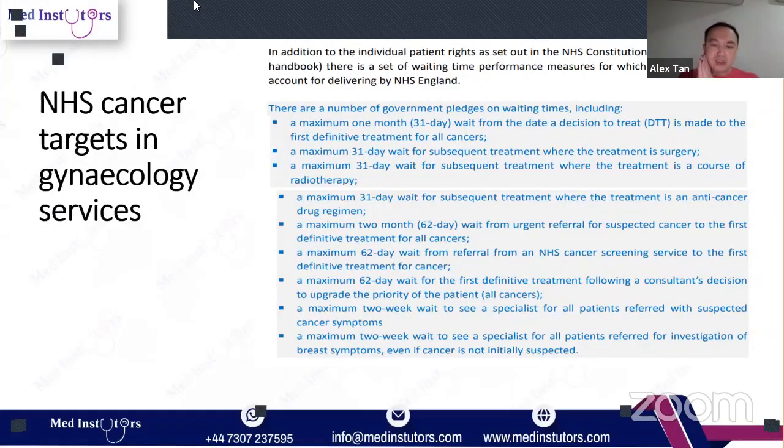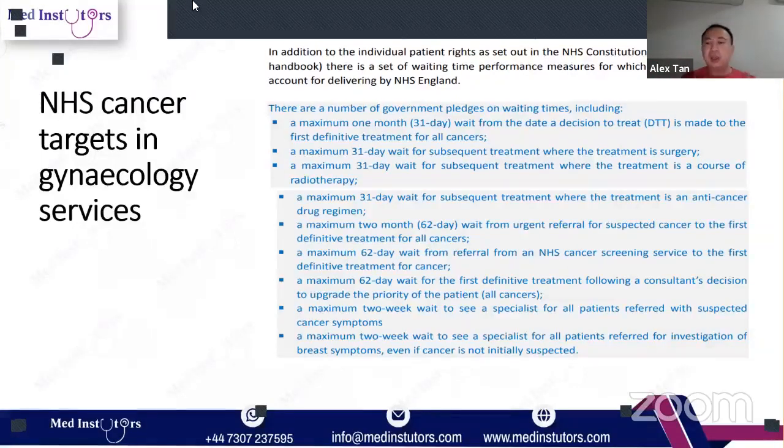Just to summarize from these points that I'm sure most or all of you would know from your part two exams. In summary, when a person is suspected to have cancer, they'll see the GP first, who's a primary care physician, and they will be referred to see me, the specialist, within 14 days, which is within 2 weeks, in my rapid access clinic. From then, including the 14 days, we have 31 days to confirm the diagnosis of cancer.